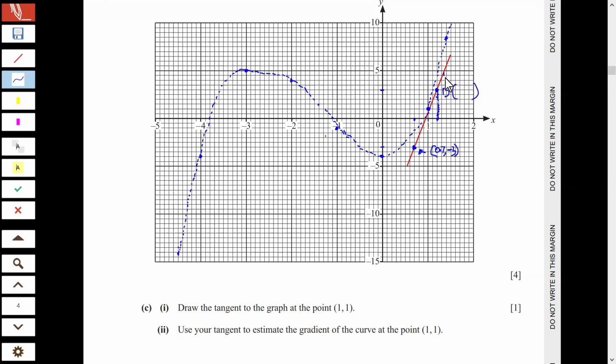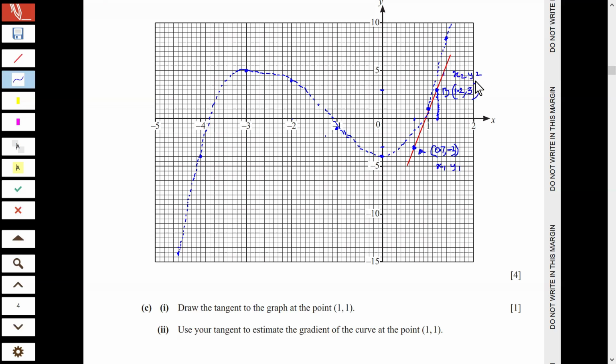So on the x-axis, point B is 1.2. On the y-axis, let's count from 0: 1, 2, and 3. So we have 3. We can label this as x1, y1,